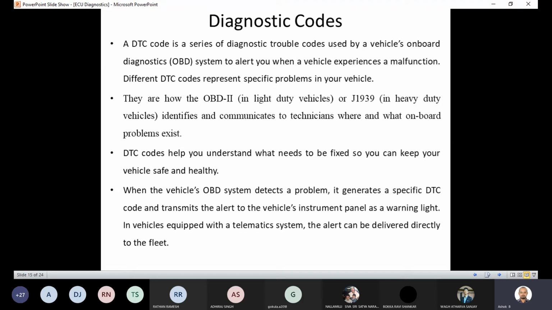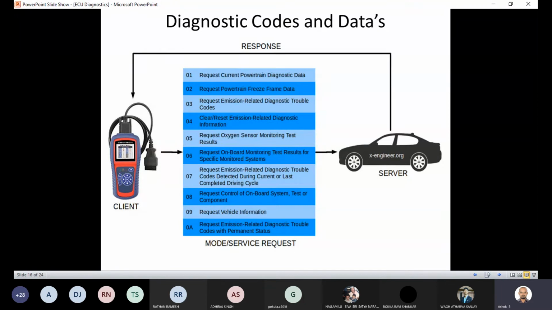So in a vehicle equipped with the telematic system, the alert can be delivered directly to the fleet. Telematics is one more issue where a group of vehicles can be monitored with the help of a centralized system. For example, all the government buses can be monitored in the fleet. So if there is any fault in a particular bus, that can also be transmitted through the telematic systems. So typically, what are the responses which will be handled with the help of diagnostic